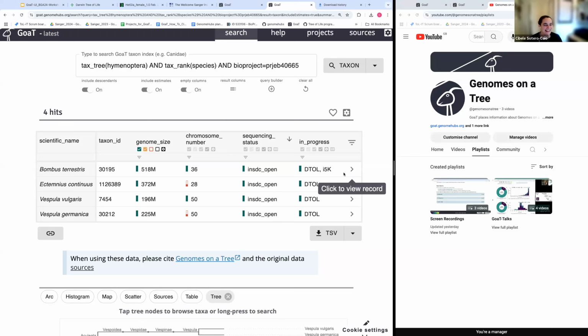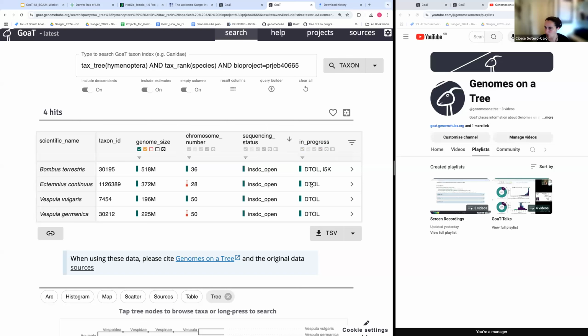It's okay, sorry. Okay, so if you see sequencing status, this is going to be showing the latest status of the assembly for a species. So you can see that it is INSDC open. In progress means, so the columns are independent. It's actually good to talk about it because anything that has been in progress ever, that species has a record of being in progress, is going to show here.